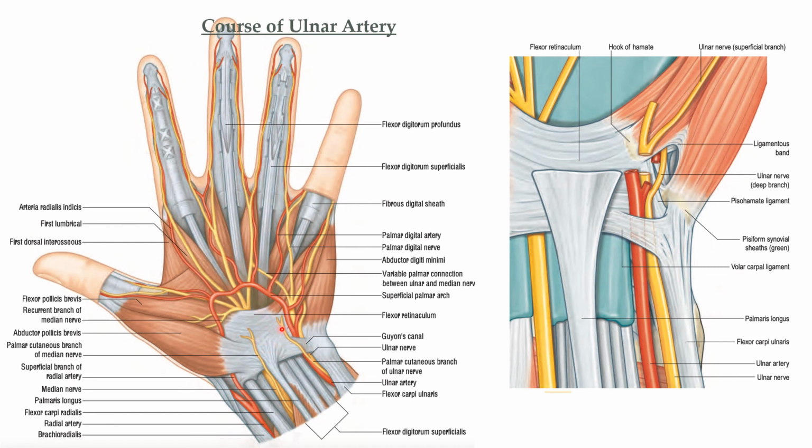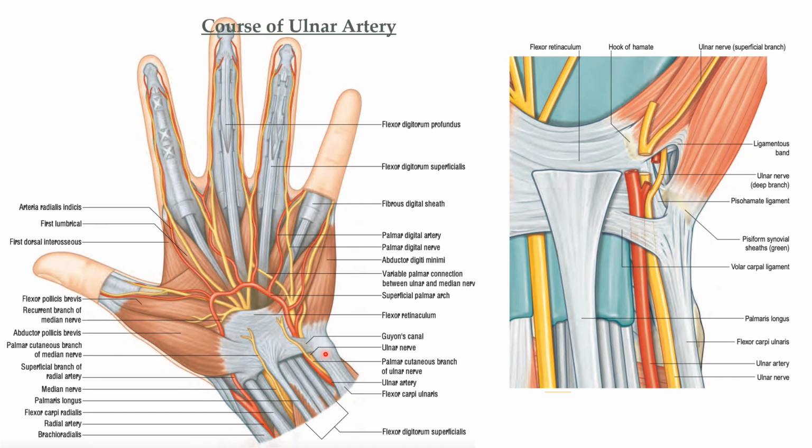This is flexor retinaculum, and this is ulnar artery. You can see it is entering into the hand by passing superficial to flexor retinaculum. However, it passes deep to the volar carpal ligament. While passing deep to the volar carpal ligament, it traverses a canal which is known as Guyon's canal, where it